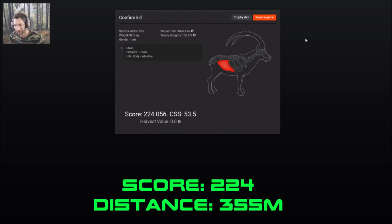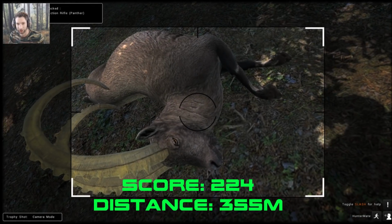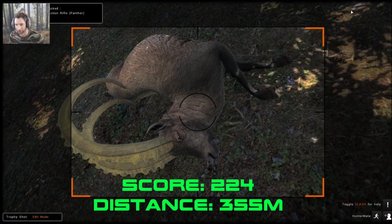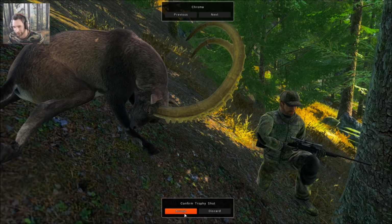355 meter intestine shot on this big male Ibex. Let's take a look at him. And we unlocked 50 achievement harvests with the Panther, so that was pretty cool as well. Alright, well here's the picture. It's not the greatest picture, but it's pretty cool, and I think we're actually going to get him mounted. He's not quite a mounter, but at the same time, we took a 355 meter shot on him. That's the furthest shot I've ever made on an Ibex, and he is a kind of borderline mounter. So I think we're going to get him mounted and put him in the lodge next to our 240 plus Ibex as well. So let's go head over to the trophy lodge and go take a look at our